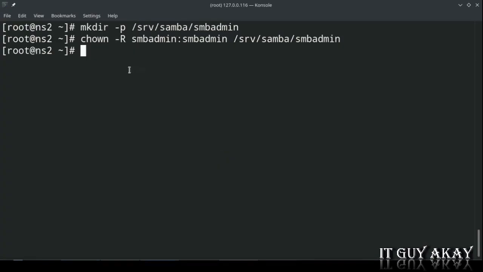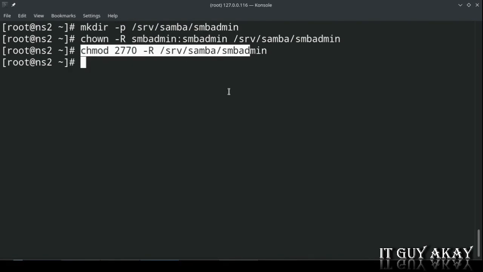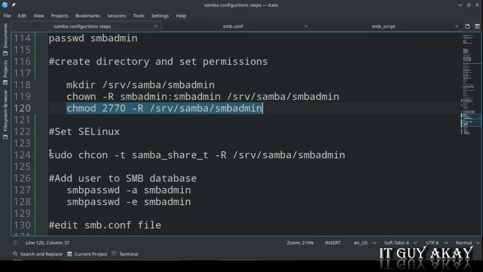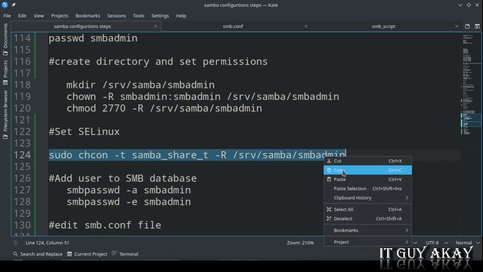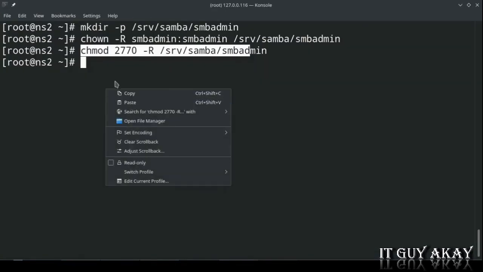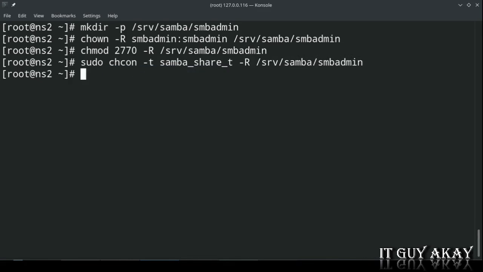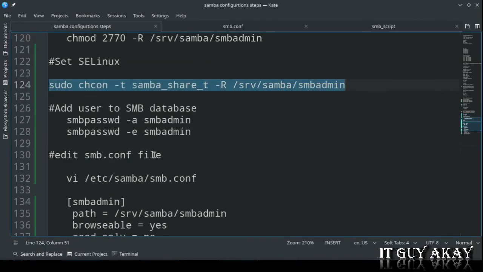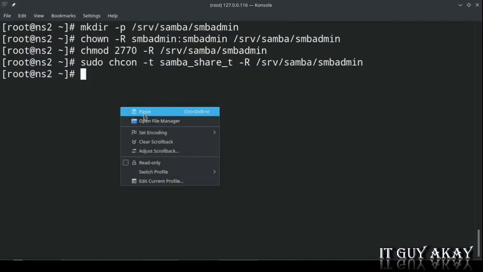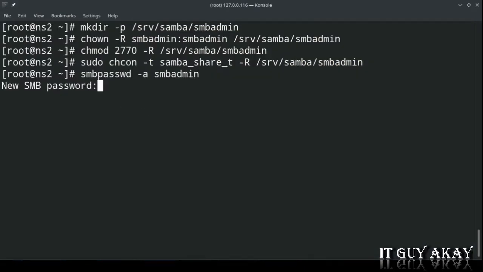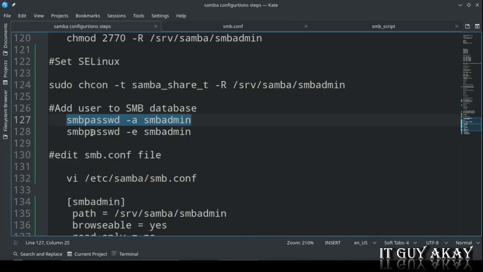And set the permission for this directory. Now satisfy SELinux to grant this directory to share for Samba services. Now add the smbadmin user to the SMB database. Enable the user.